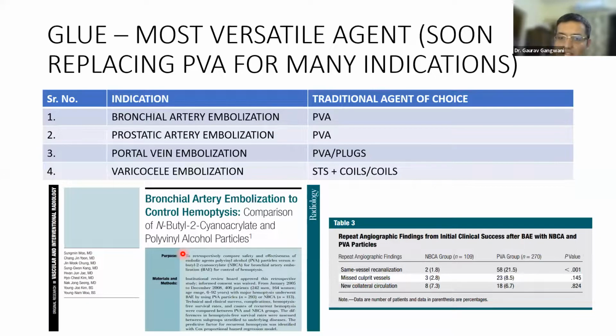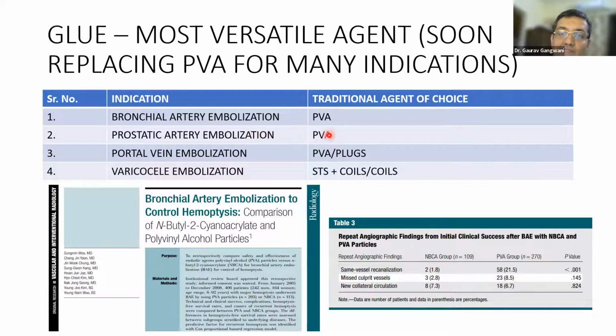So glue is a very versatile agent, and soon more and more papers are coming where they are talking about glue replacing all of the standard particle agents. So bronchial artery embolization, we all know that PVA has been the agent of choice for decades, but there are papers which show that if you use glue, Korean experience, then the chance of the same vessel recanalizing is very low: 1.8% versus 21%, where out of 270, 58 cases recanalized if you use PVA, in the best of hands, of course. So that's why, although new collateral circulation can occur in either case, the same vessel will never get recanalized